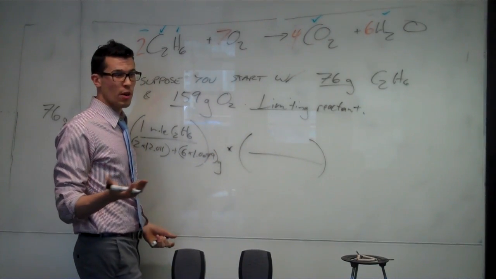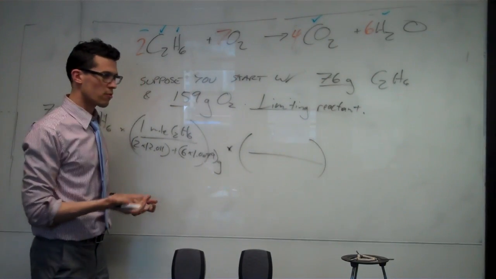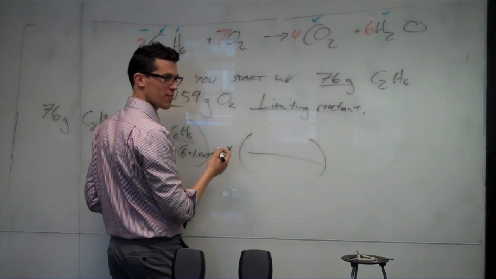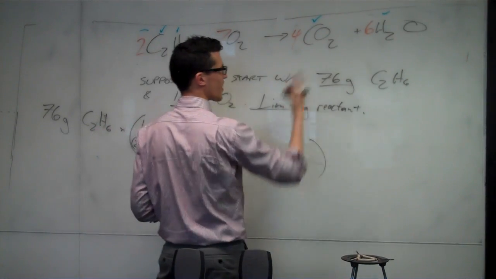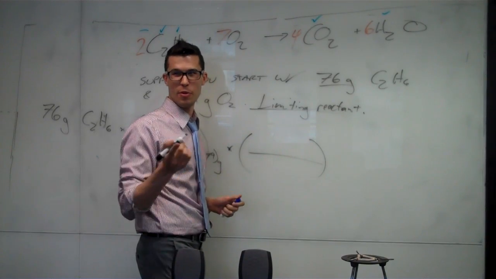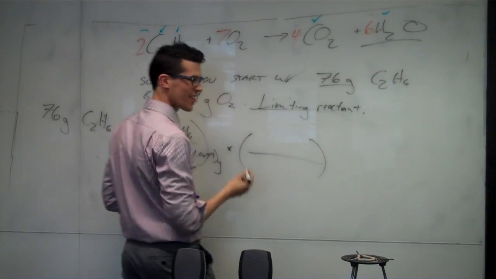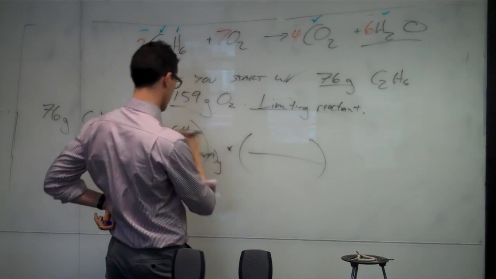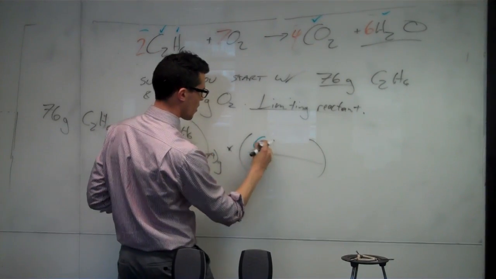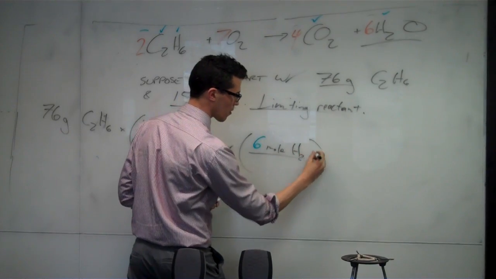Next, you're going to convert those moles of C2H6 into moles of product. We can pick either one of these products. Which one do you want to pick? CO2 or H2O? H2O is a better number. It's close to being 10, therefore a better number. I remember the molar mass of H2O, so I'll just do that. So I'm going to do H2O and turn it into that. To do that, I'm going to see, okay, there's 6 H2Os, so I'm going to say 6 moles of H2O